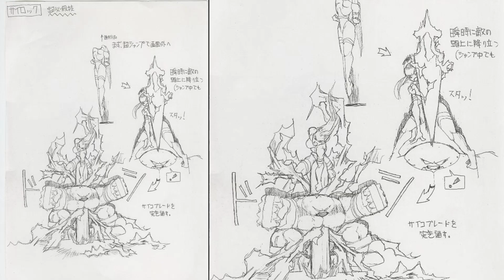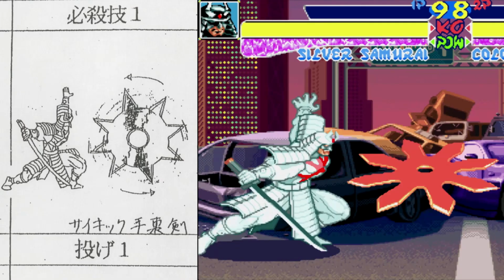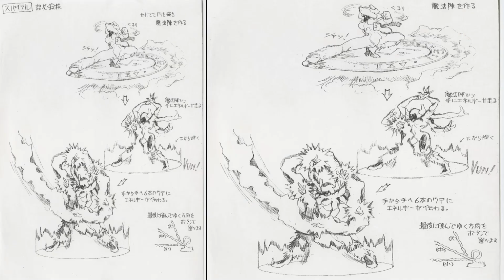That's really cool. The shurikens thrown by Silver Samurai were originally supposed to have a different angle, but they were changed in the final version so it covers less of the screen as it travels. It looks like Spiral had some unused attack animations. She has this aura below her feet, then it travels to her multiple hands, and this beam is unleashed in